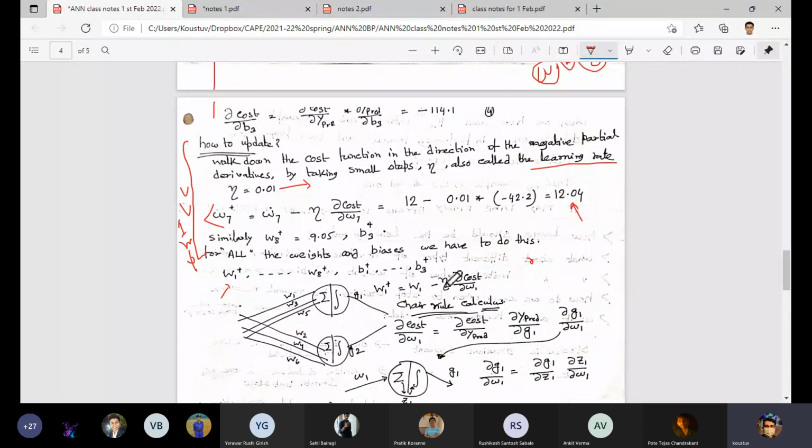The cost function is connected all the way with W1, because the input is carried over with W1, goes into the linear part, which is calculated and gives the output to the nonlinear part, where it is again activated. So the input information along with W1 is all the way related to the cost function, Y predicted. It has gone to Y predicted in the feed forward direction. We have seen that it goes all the way to Y predicted. So let us see how we calculate del cost del W1.